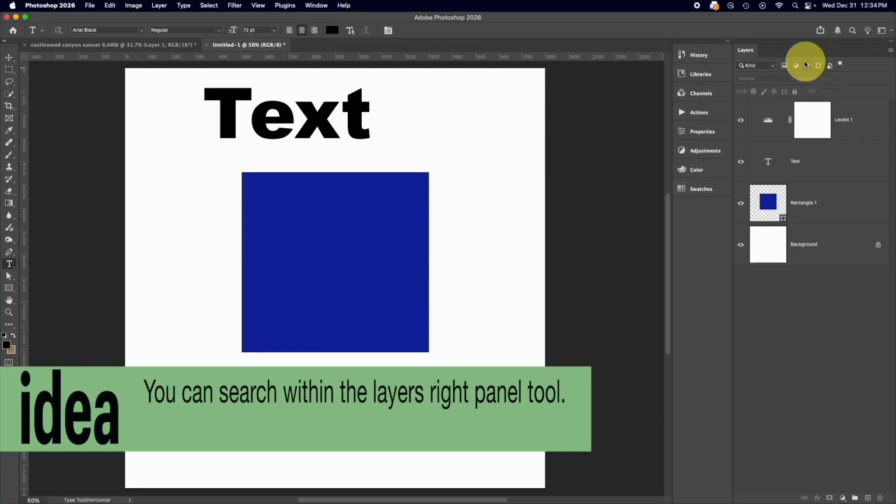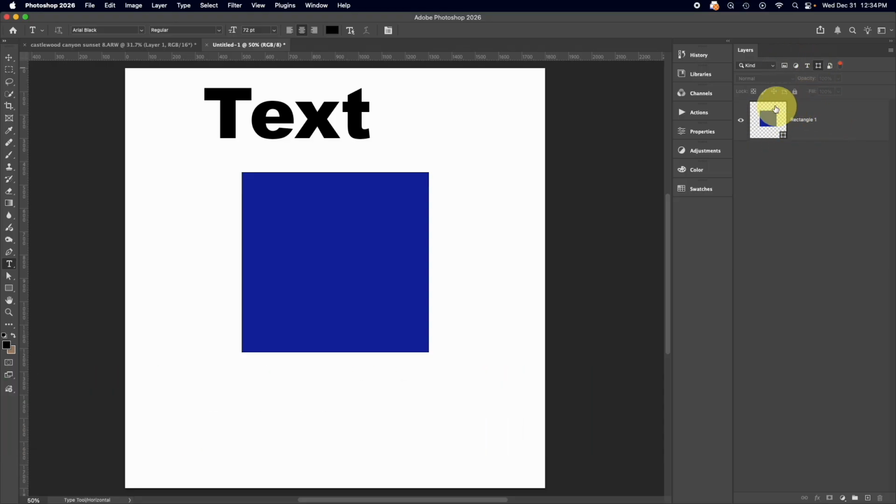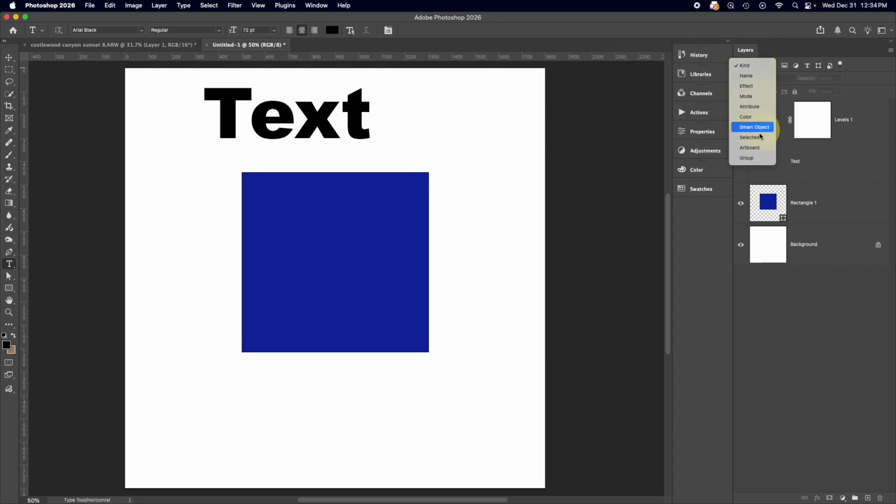If I turn off any individual one, I see all of them. If I look for a shape base, then I will find only my rectangular layer. So I can search my layers by what kind they are. I could also search by almost anything else if I wanted to, but it defaults to searching by what type